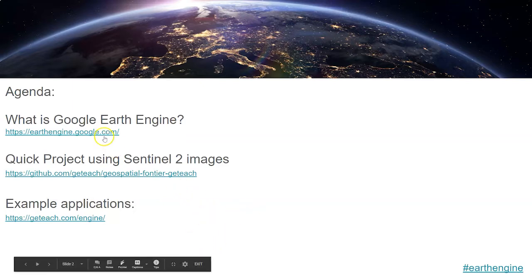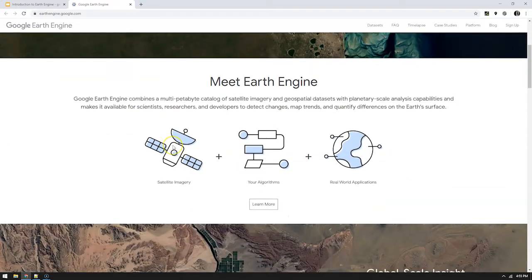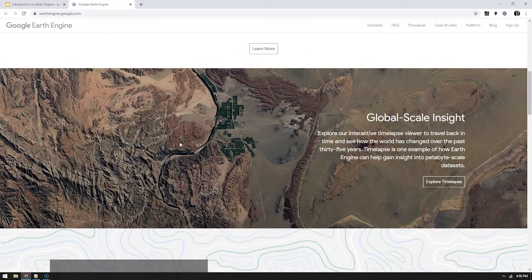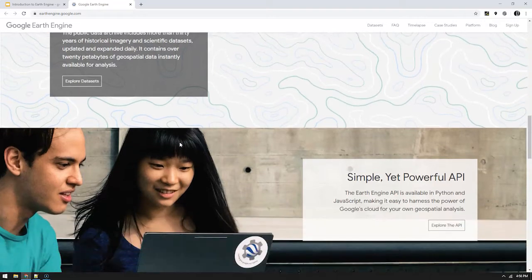So first off, what is Google Earth Engine? If you click on the link, it'll actually take you to earthengine.google.com. Most of y'all know that Google Earth Engine is not actually Google Earth. It is a collection of satellite data where you can put in your own real-world algorithms and create your own real-world applications using Landsat or Sentinel or other data sets that I'll get to in a little bit. The idea is that you're using remote sensing to explore this world with a bunch of ready-to-use data sets